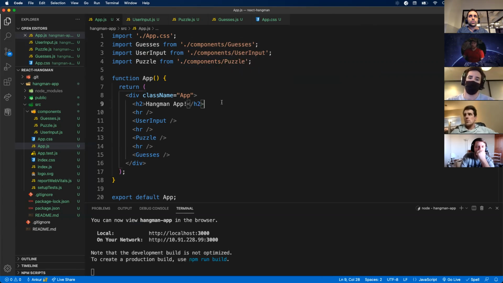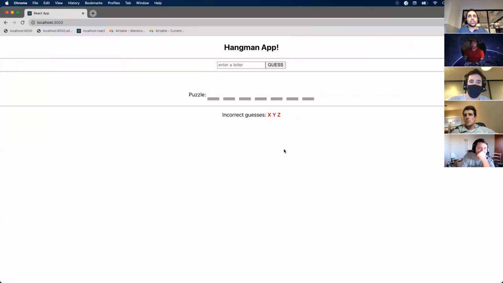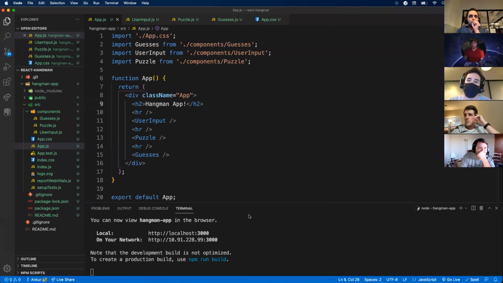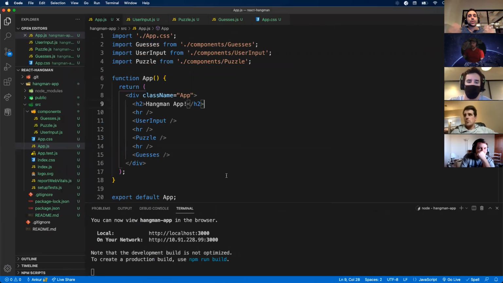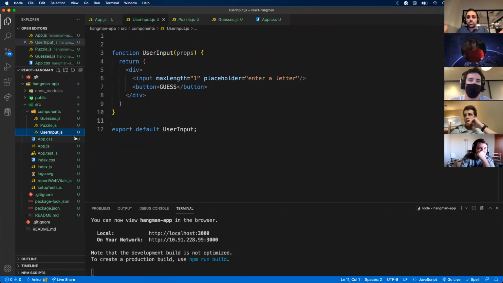All right, now we should be back to where we were. Cool, looks the same, but we have components now. All right, let's tackle one component at a time. So the first one I'm going to do is user input, because that's usually the first thing that happens on our page. The user is going to